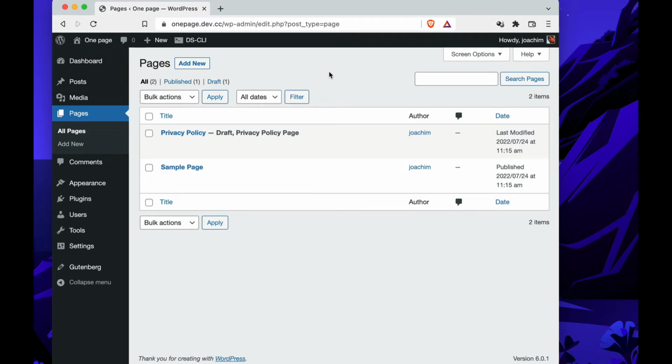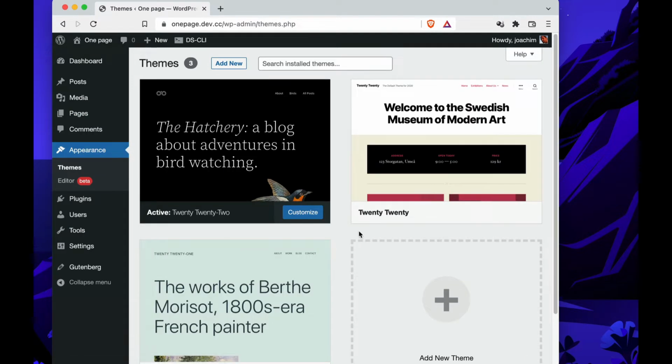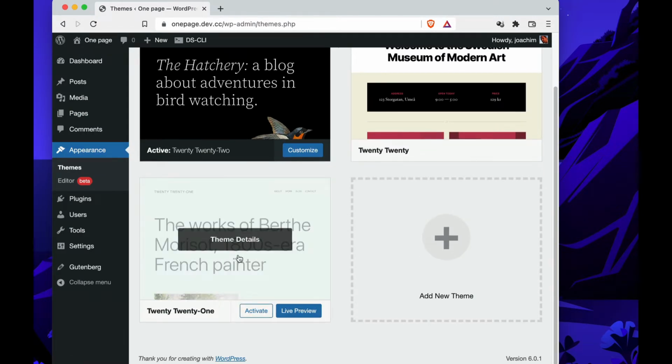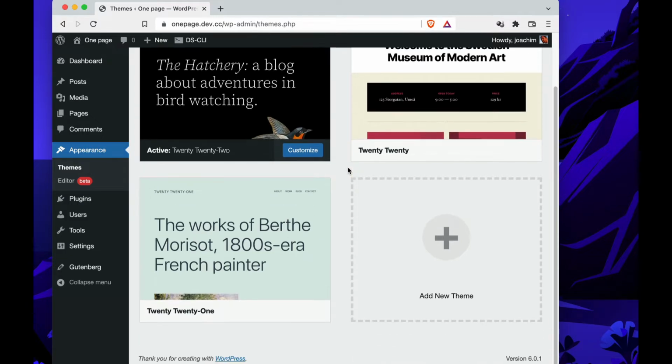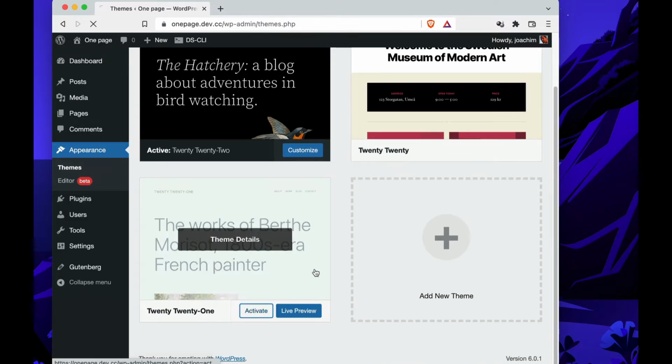I'm going to show how to create a one-page theme. I built a test site here. I called it One Page, and I will be using the theme 2021 because 2022, which is a full site editing theme, does not work as well as what I plan to do right now. So we'll activate 2021,